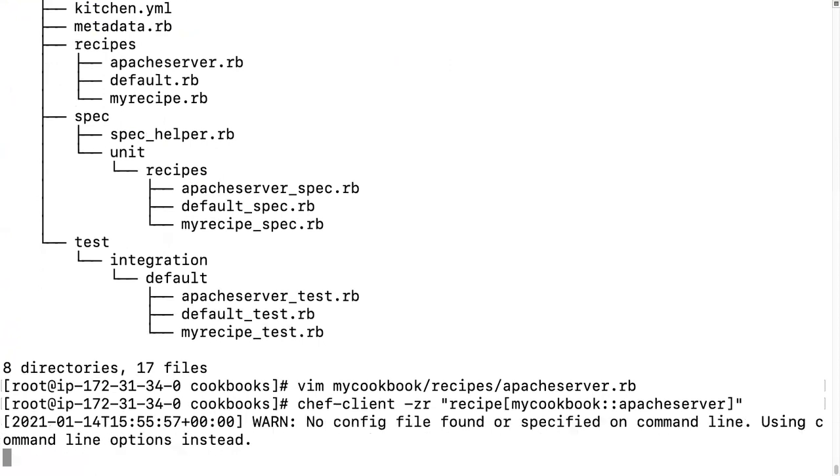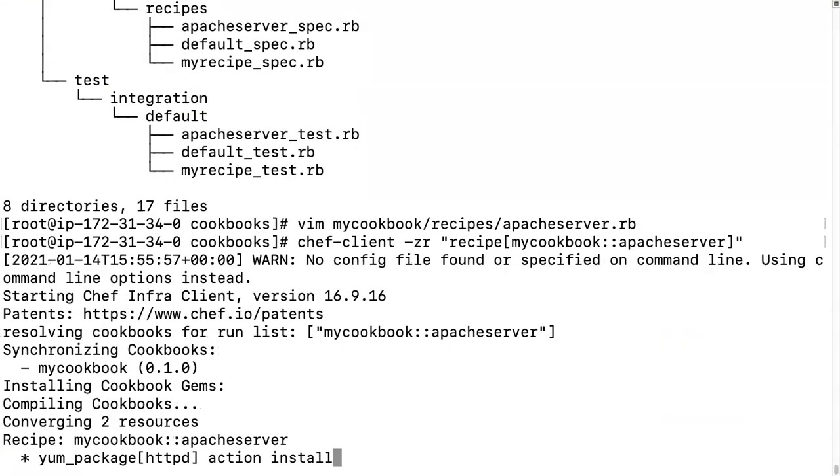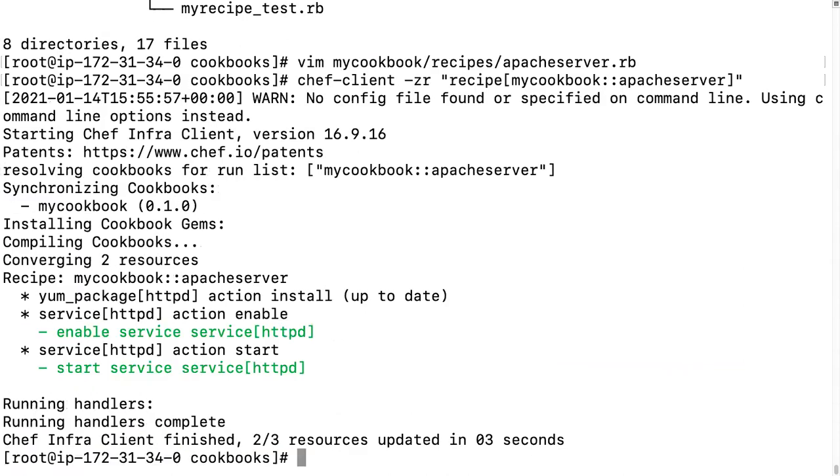Enter. So the new service is enabled, service httpd, and we have already installed the yum package install httpd action. This action is already updated, so it says up to date.